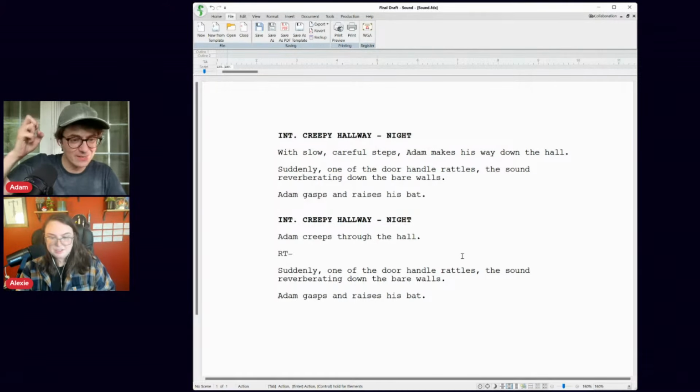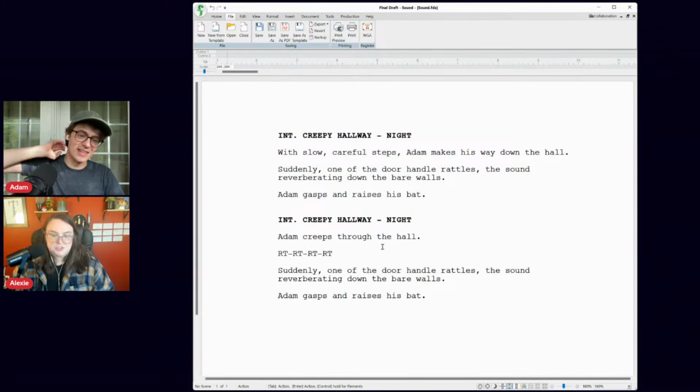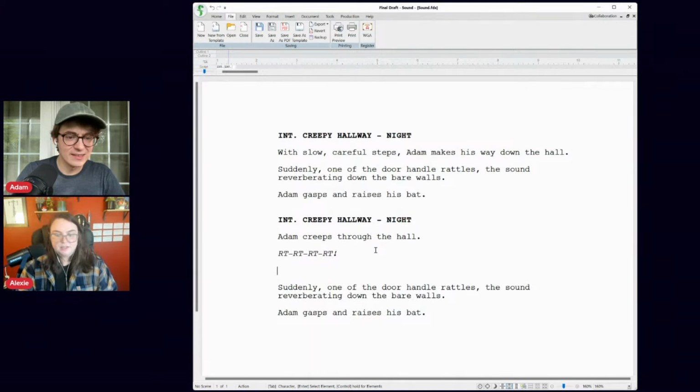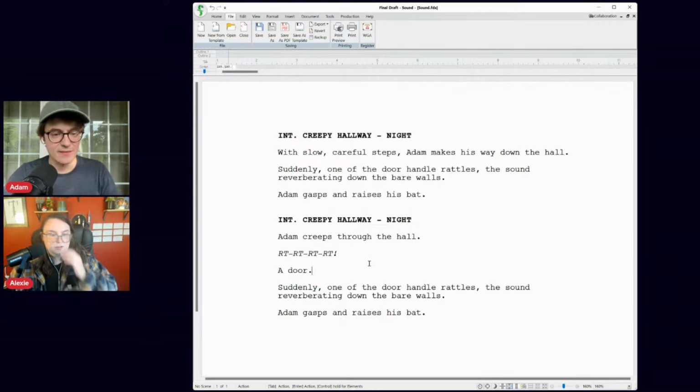I was thinking about doing like RT. Oh, that's good. That's a pro move. You know, there you go. You got to do it like a comic, and then we say. Yeah, that's good. So what Alexie's done, she's changed: Suddenly, one of the door handles rattles, the sound reverberating down the bare walls, to